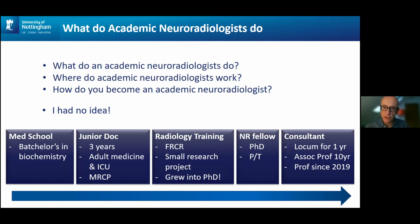I then got a neuroradiology fellowship and was still working on the PhD. I actually went part-time as a neuroradiology fellow, not to do the PhD, but because I'd just had my first son and I wanted to try and keep a bit of work-life balance. But it did have the effect of extending my clinical training sufficiently that I was able to get the PhD done largely in my spare time, and some research sessions that the training scheme were kind